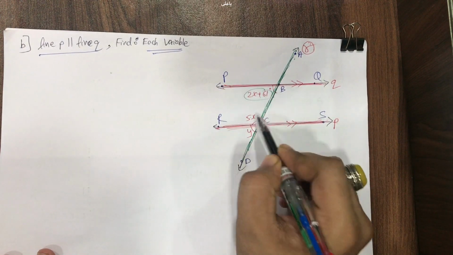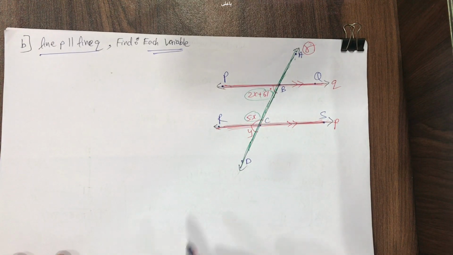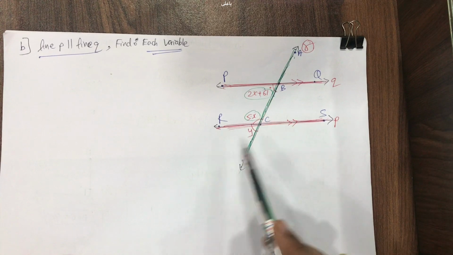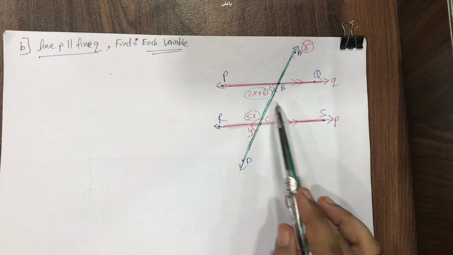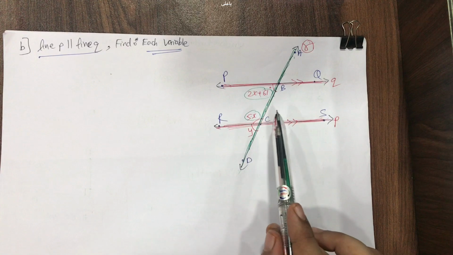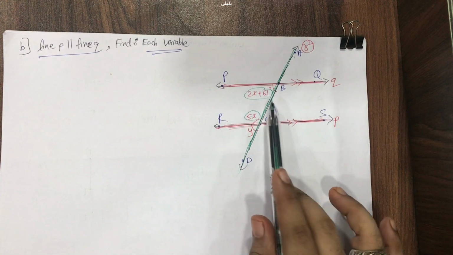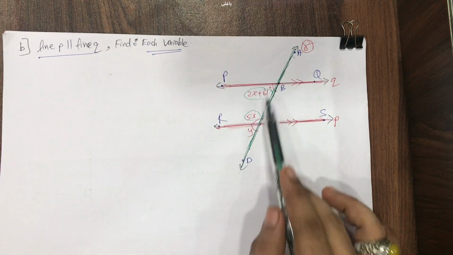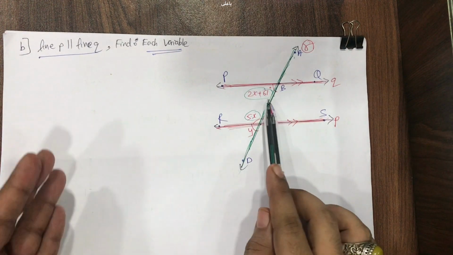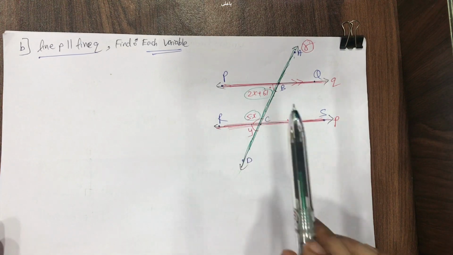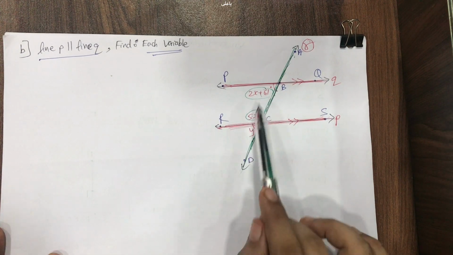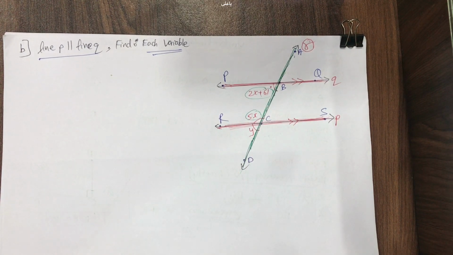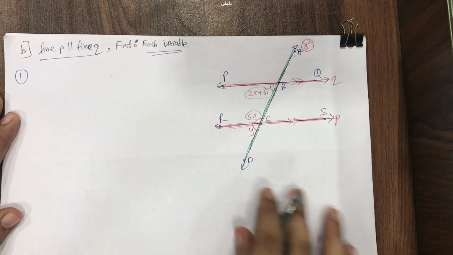So these two are called interior angles, and we have a property that the sum of co-interior angles is always equal to 180 degree. So what is the name of the property? Co-interior angles are supplementary. Supplementary means 180 degree. So when we have two angles between the two parallel lines and on one side of the transversal, they are called interior angles, and the property is that the addition of the given two interior angles is always 180 degree, which is called supplementary. Okay, so let's start the first part over here.